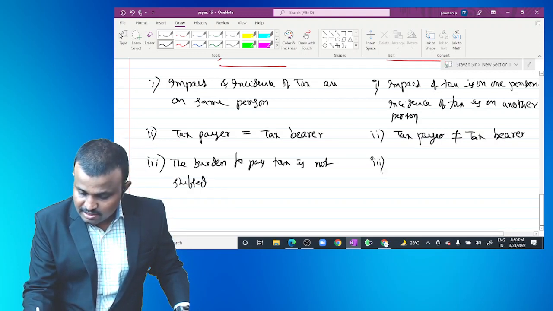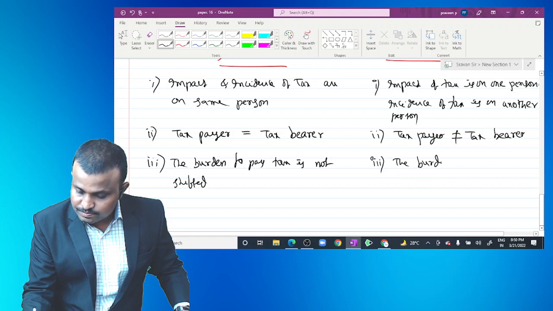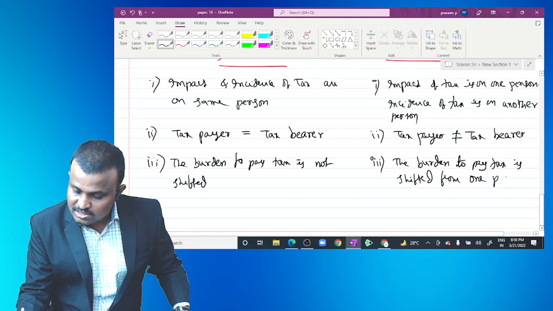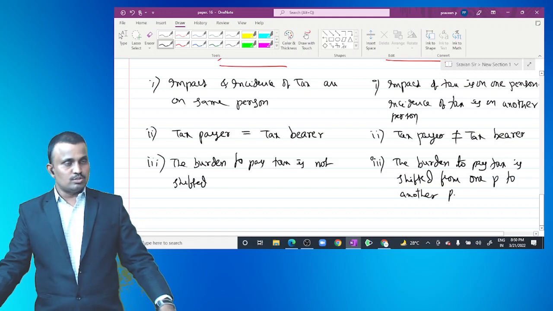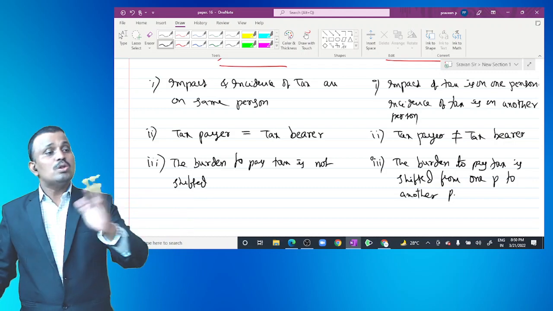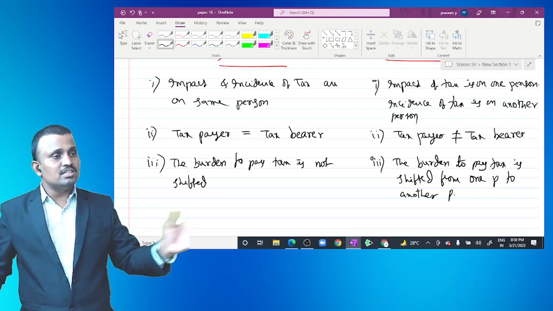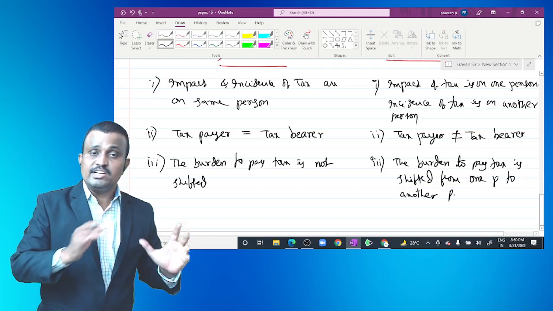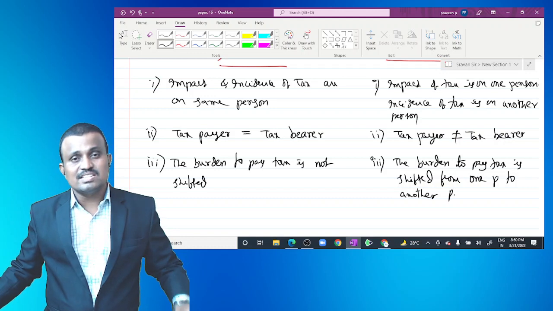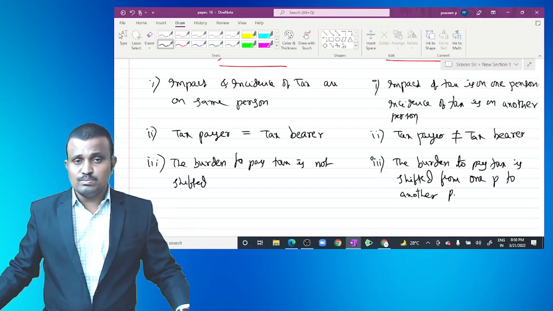Here the burden to pay the tax is shifted from one person to another person till it reaches the ultimate consumer, like from the manufacturer to distributor, distributor to wholesaler, wholesaler to retailer, and the retailer to the ultimate consumer. In this way, the burden to pay the tax is shifted from one person to another until it reaches the ultimate consumer. The tax is said to be